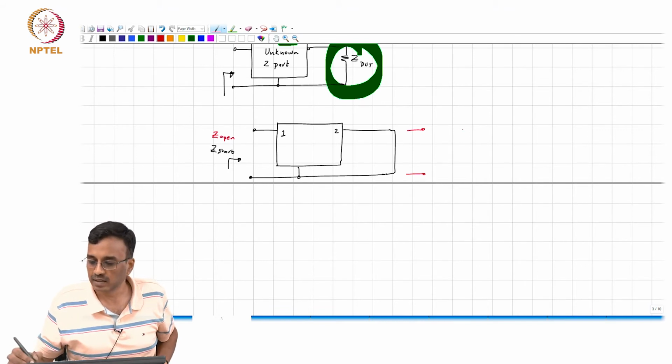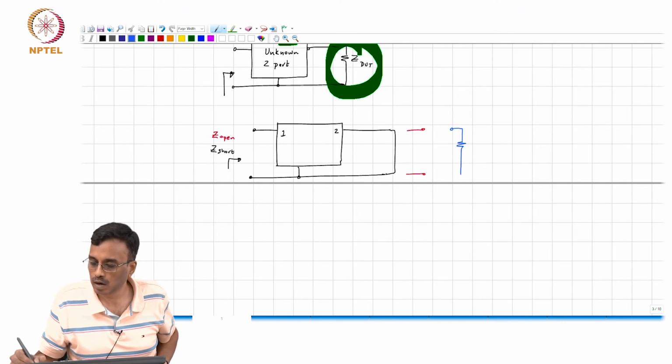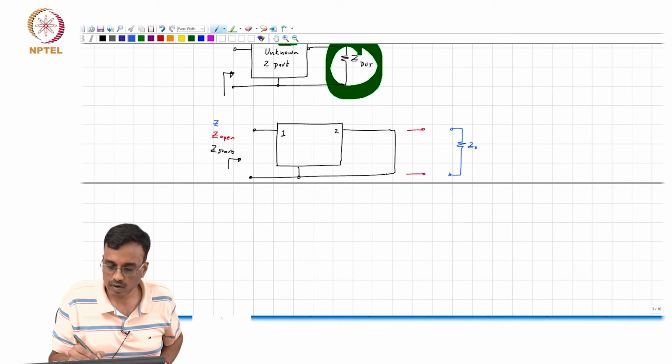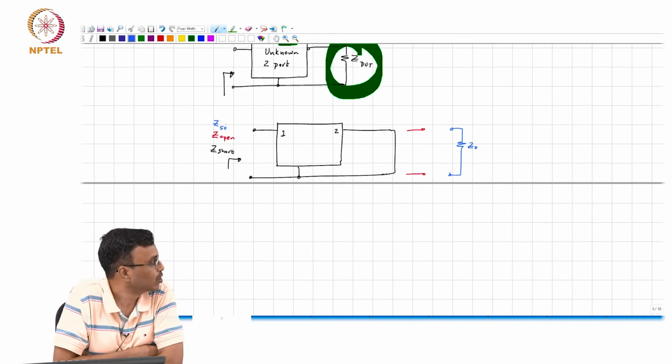And the third experiment is you find Z50 when you terminate it with